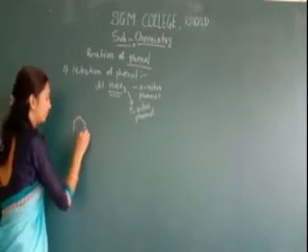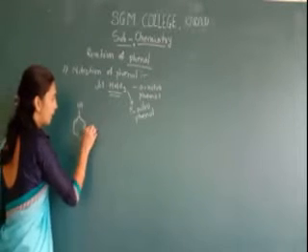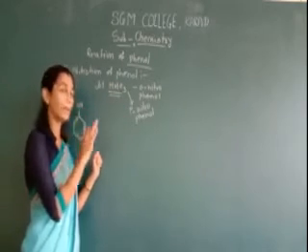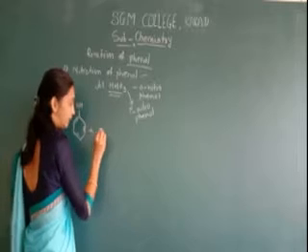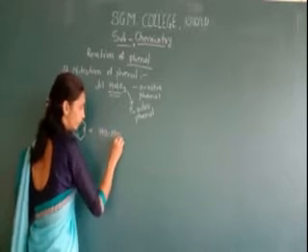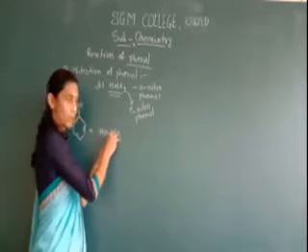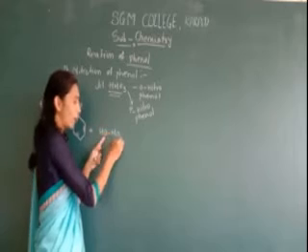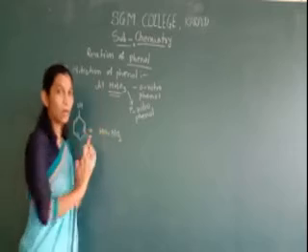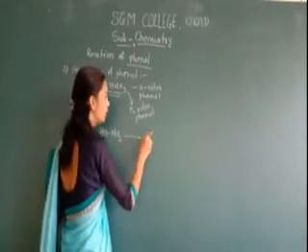Our phenol reacts with this HNO3. We write HNO3 like this for understanding: one hydrogen, one nitrogen, and three oxygens are present. We simplify this for understanding. What happened? We are getting here